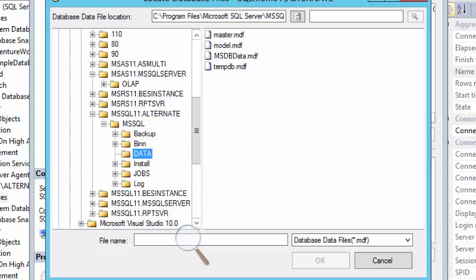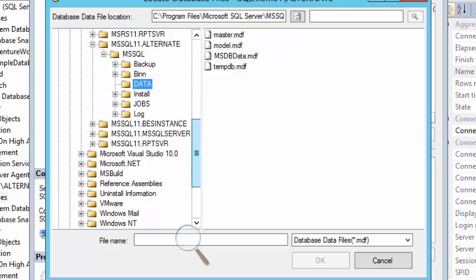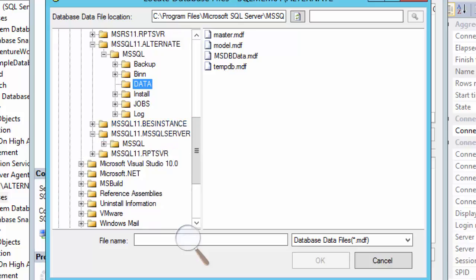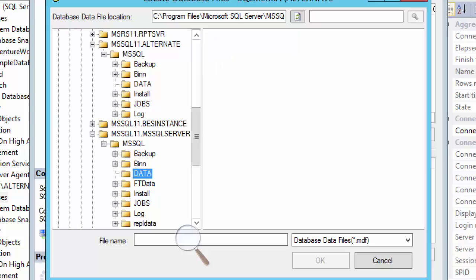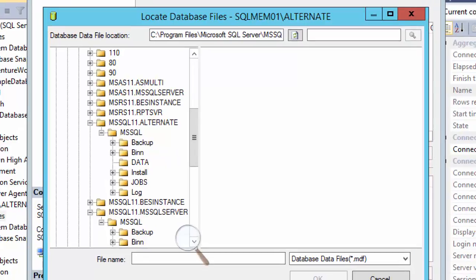We're just going for not here, the down one. There are two folders with MS SQL. Here, then MS SQL again, and there's the data, and this is the path in C drive, right? So now we're just going to fetch that path there.